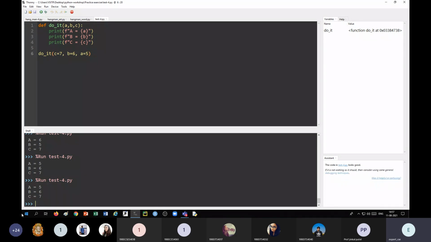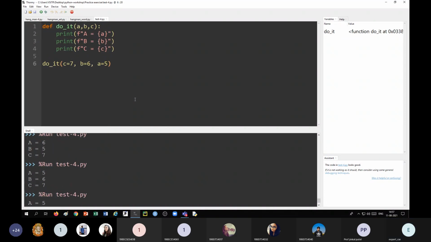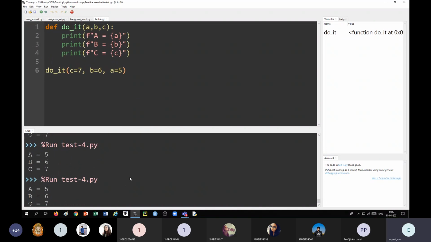Let us see. Okay. A equal to 5, B equal to 6, and C equal to 7. Let me make it bigger. So this is called the keyword argument or keyword parameter system.